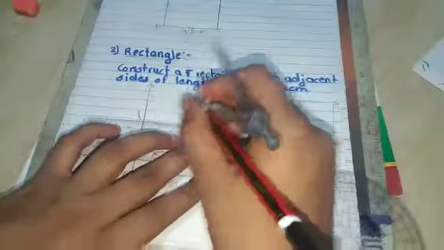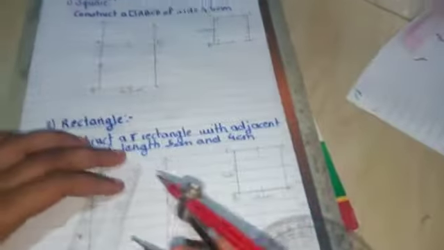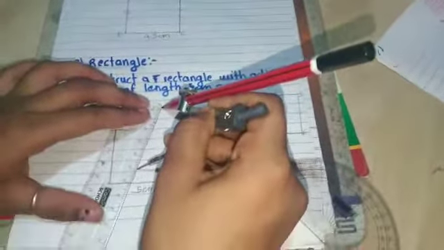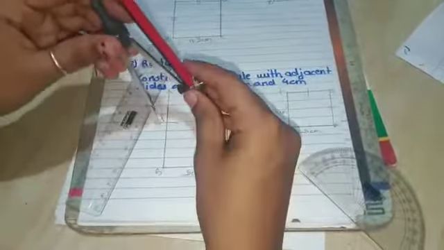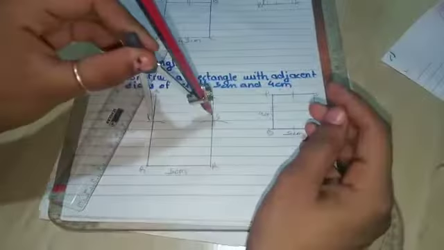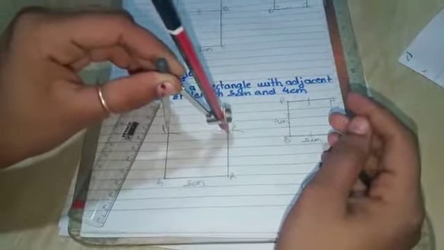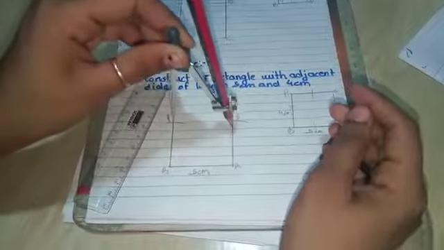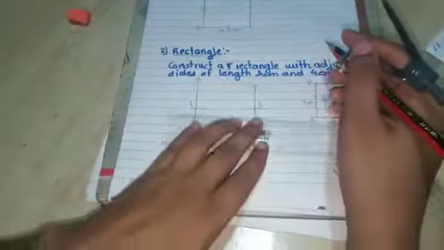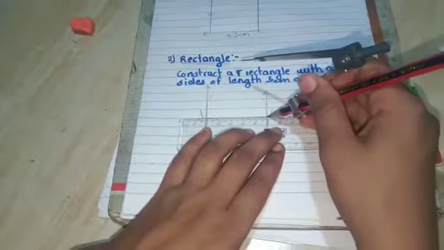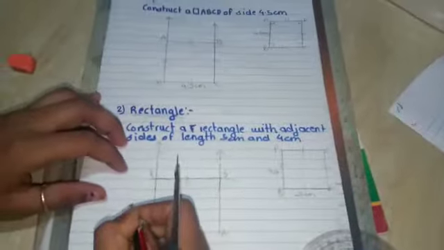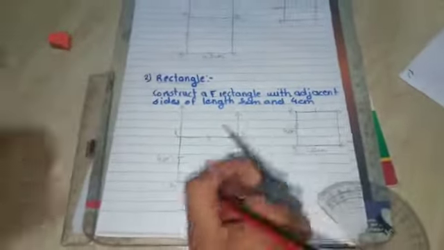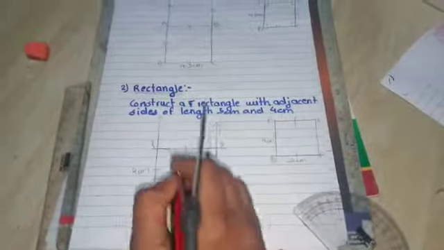Now you need not cut the rest, it will happen automatically, otherwise you can cut also. That is, you have to show PS. Open the compass to 5 centimeter, keep the pointer on point P and take the intersection point. Yes, you will get the intersection point here. Actually it will come automatically, but you can do it like this also. And join these points of intersection, and the rectangle PQRS will be complete. The construction of rectangle PQRS will be completed.